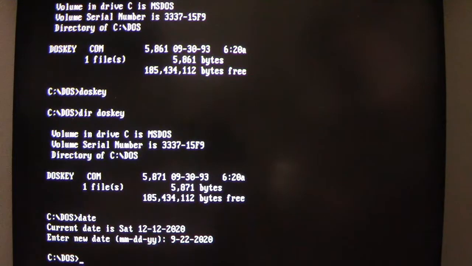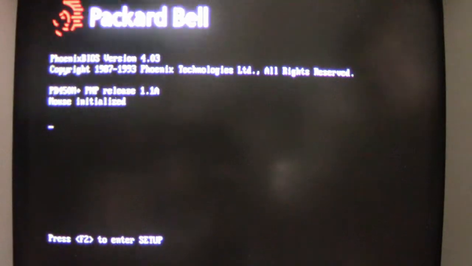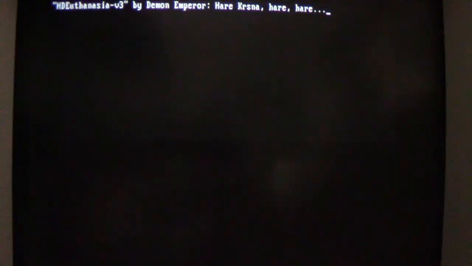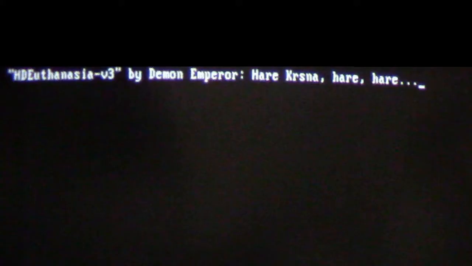And because Hare has infected the master boot record of the hard disk, it will check the date on the system and it will activate its payload upon the computer booting up from that infected boot record. So let's see what it does. And we get this text message printout. HD Euthanasia v3, because this is the 3rd variant of the Hare virus that we ran, by Demon Emperor, Hare